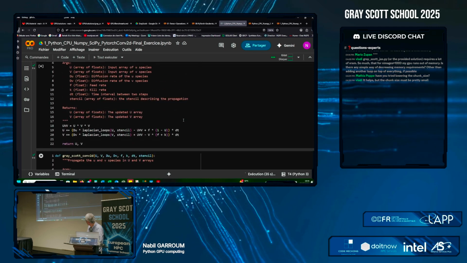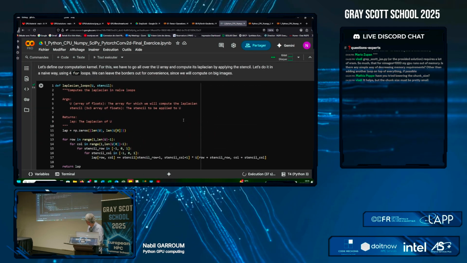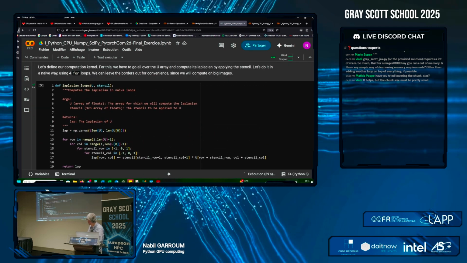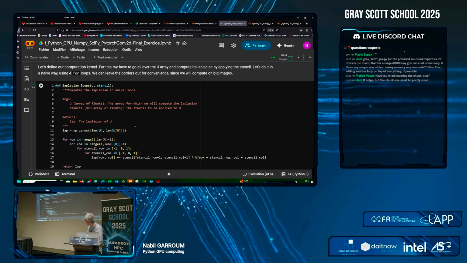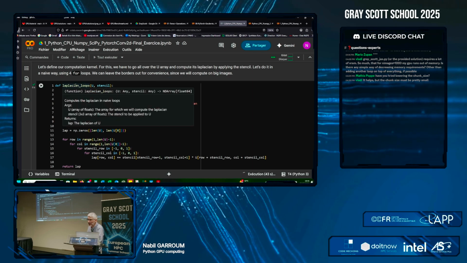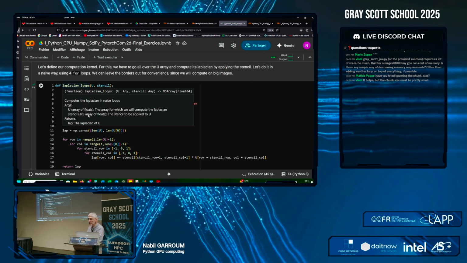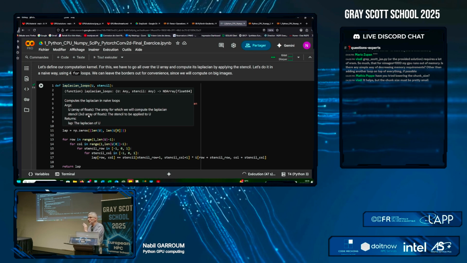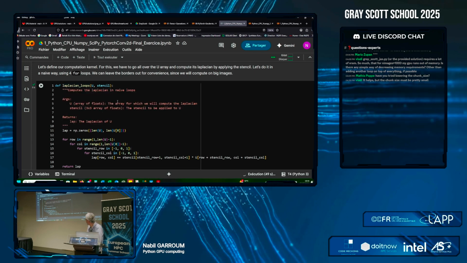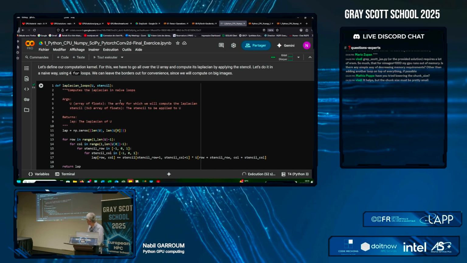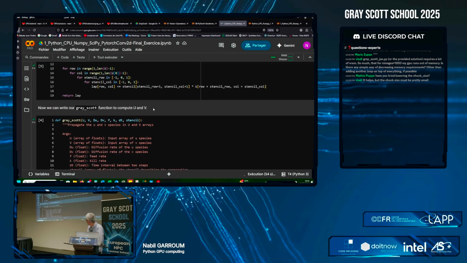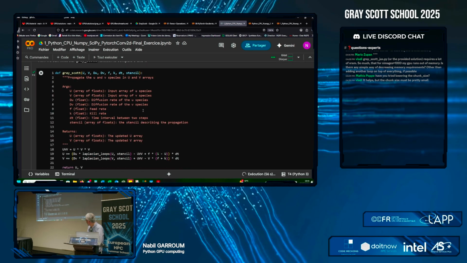Where did I do it? It's still computing, so no problem right now. So this is, yeah, the Laplacian loop by hand, okay? We're making the convolution by hand here, okay? So this is rather slow, you see it. And on the other way, we can use